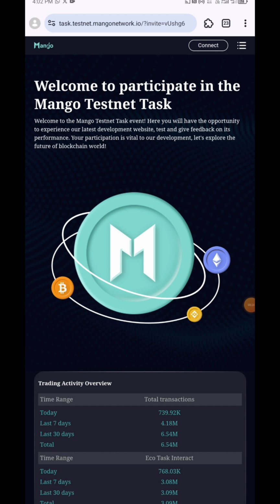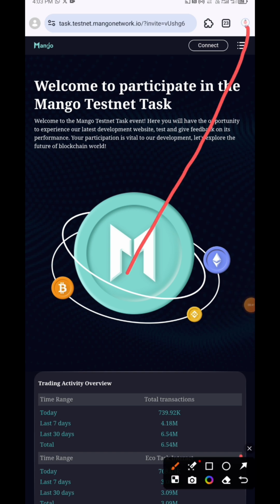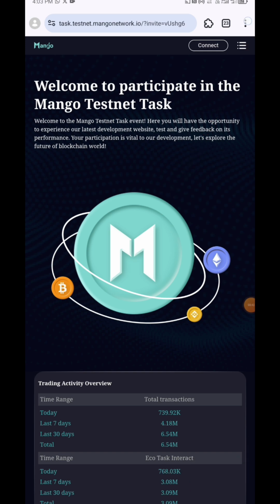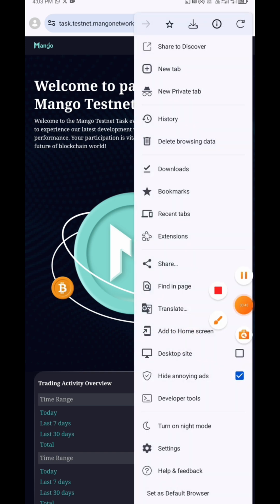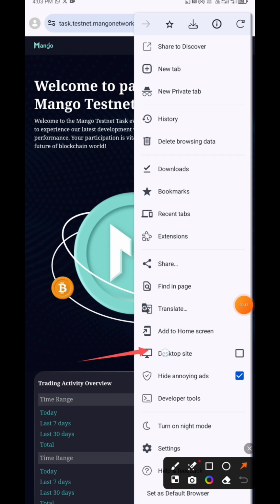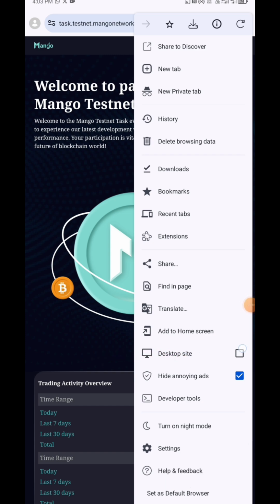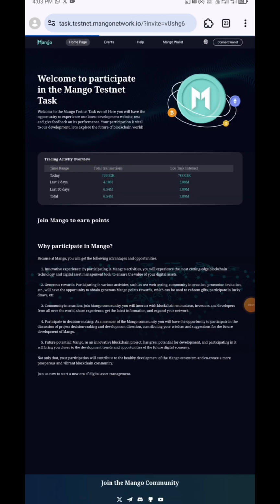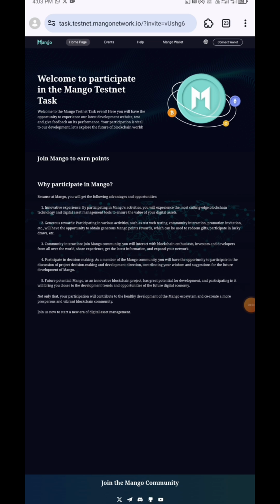So let's dive in. Now you need to copy the link, come to your browser or your Kiwi browser. So in this video I'm using this browser, right? Remember to always change your view on this three line. When you click on that three line right there, you need to change your background to desktop view. Okay, you see it here, desktop side. So you need to check that box so that it will change the background and bring out everything that you